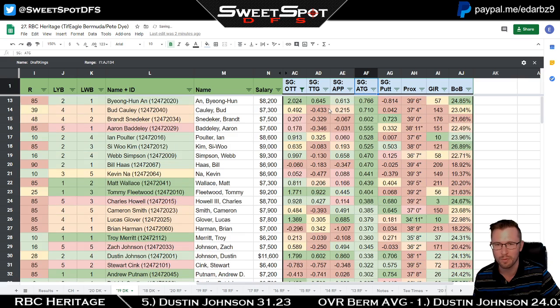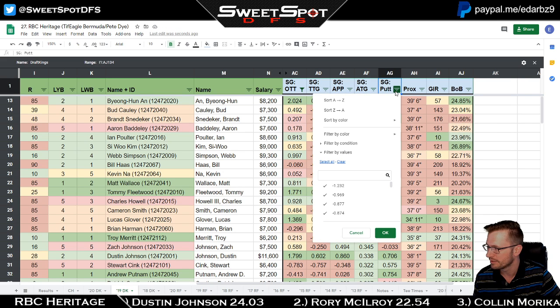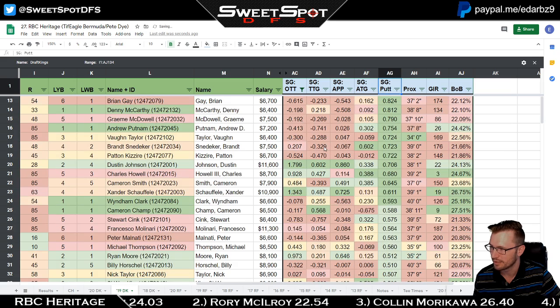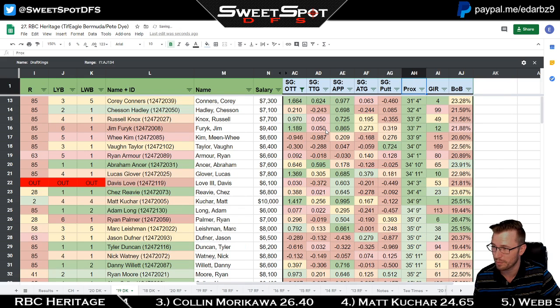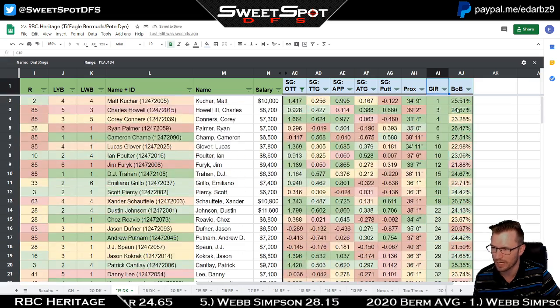Nothing bugs me more than listening to the shots gained stuff. Looking around the green, 5 golfers inside the top 20, bunch of missed cuts. Putting, 2 golfers, so don't use putting. Proximity, don't use proximity. Now I didn't actually have the green in regulation percentage, but this is what their PGA